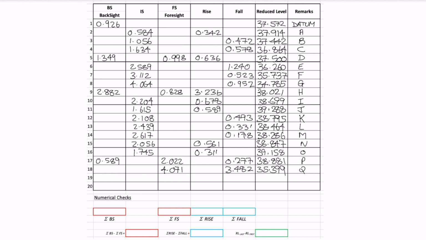Now that we have completed our booking sheet, we've entered in our values, backsight, intermediate sight, foresight, used that to calculate our rise and fall, and then from our first reduced level, we're able to use the rise and fall values to work out the reduced level at each of the points, A through Q. At this point, it's very easy to have made a mathematical error. So at the bottom of our booking sheet, we have 3 checks that we can do to verify our calculations have been